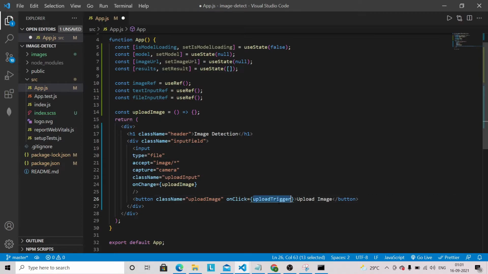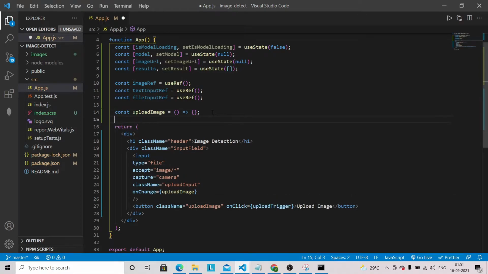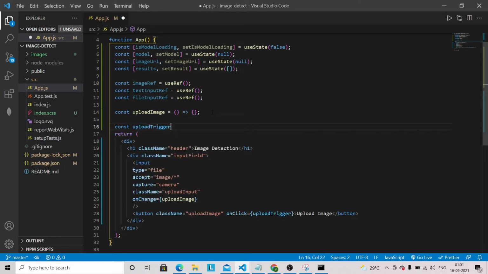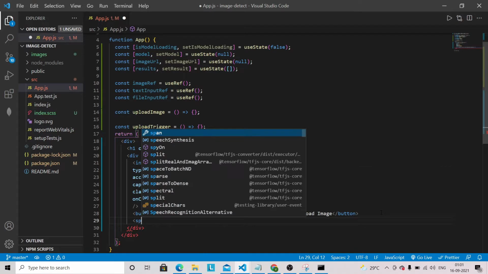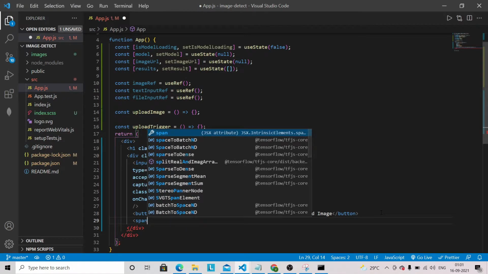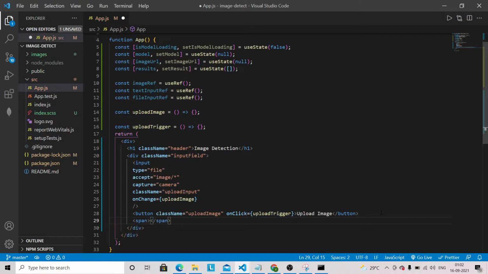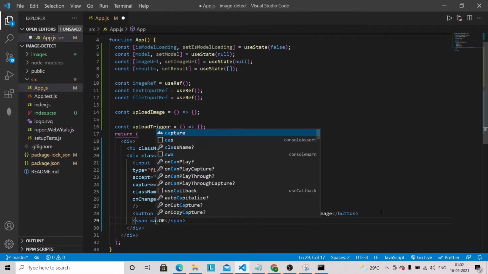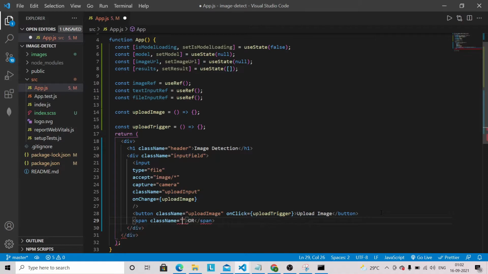So let's define this method as well so that we don't get any error. Now what we are going to have here is one span tag. So either the user can upload the image or use the image URL. So we are going to use here "or", and the className will be or.